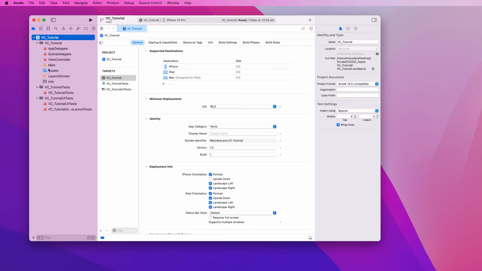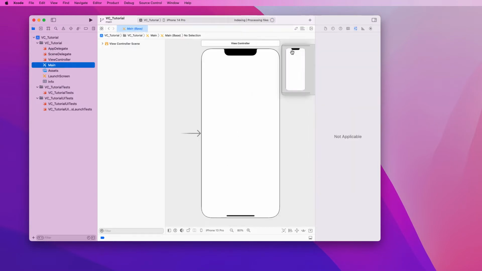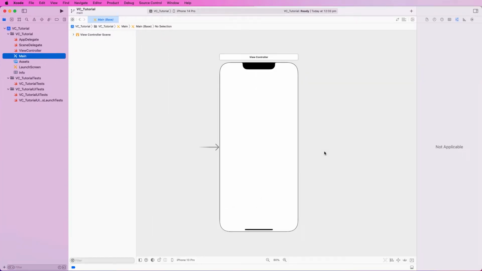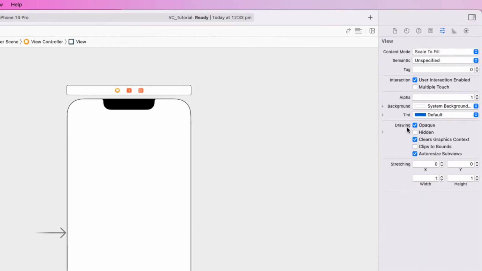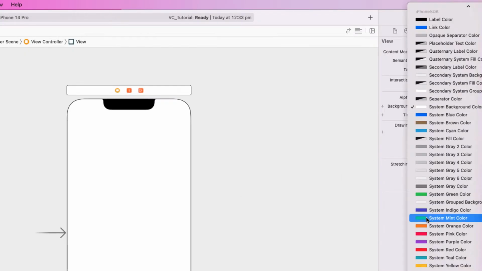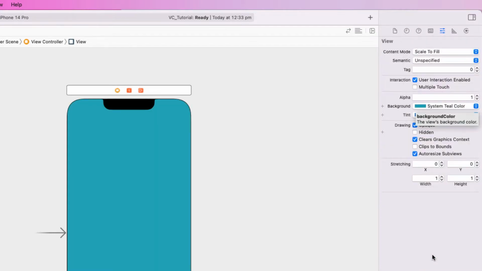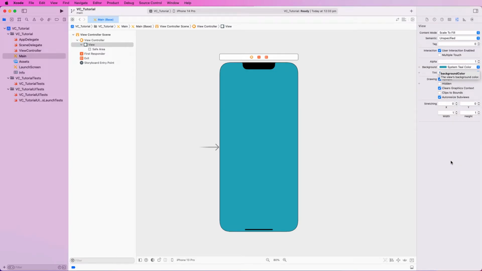Now once you've landed, click on the main. This is our main view controller, and I'm just going to resize my screen. Having good screen real estate is really useful in working in Xcode. So the larger the monitor, it does make your life a little bit easier. So this is our main view controller. The first thing I'm going to do is just change its background to give it a color that we can work with. So I'm going to go with the teal color. And this will identify this view controller,